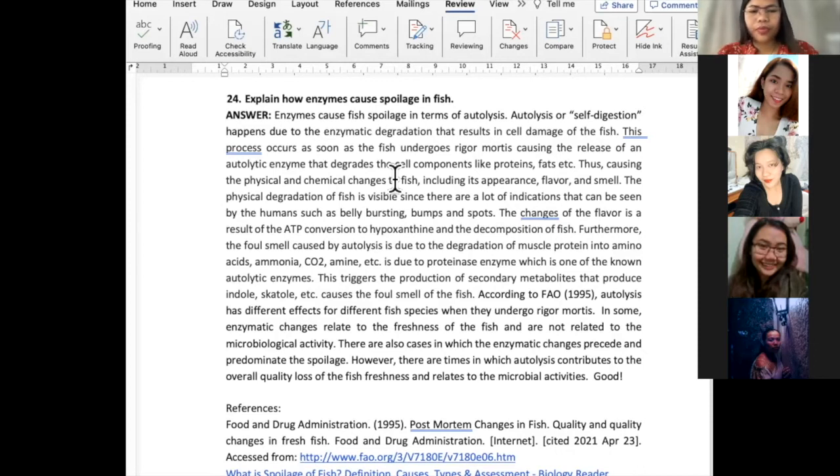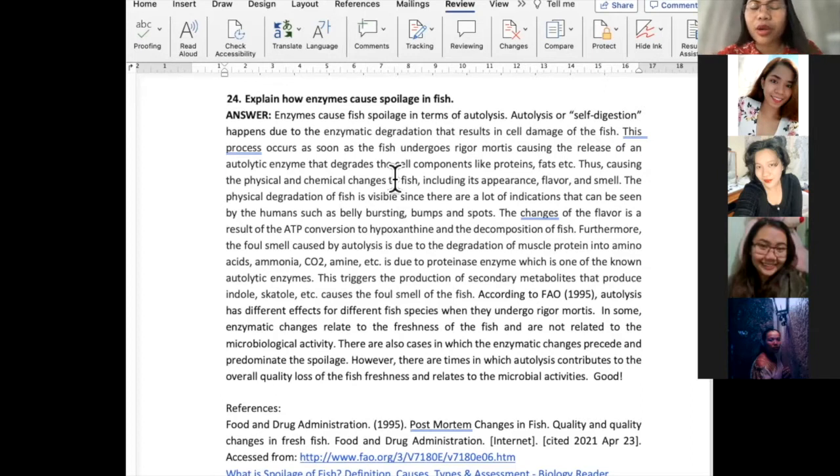However, there are times in which autolysis contributes to the overall quality loss of the fish freshness and relates to the microbial activities. Okay, thank you, Ed Rose. So, briefly, the answer provided in this particular item is very self-explanatory, and it's correct, so I won't comment much here. But briefly,